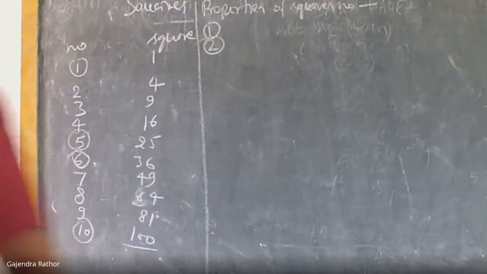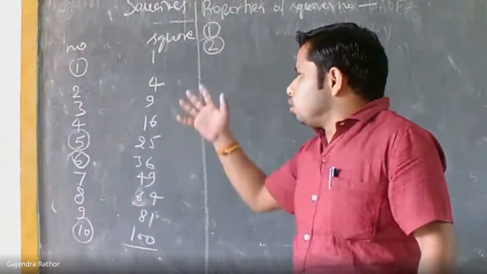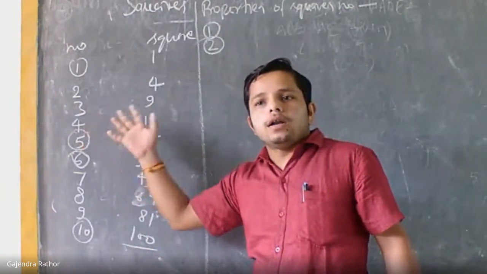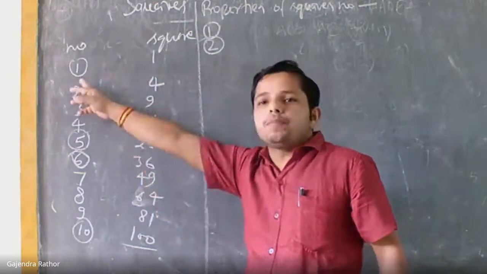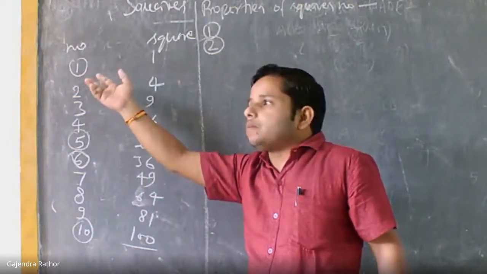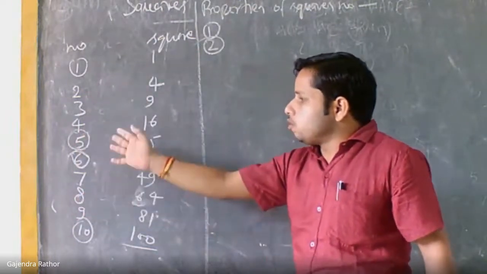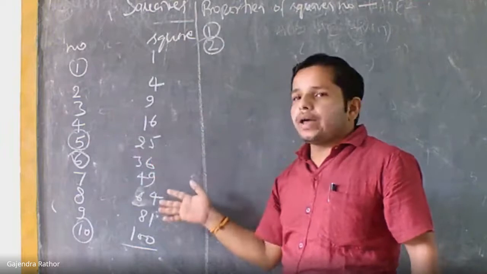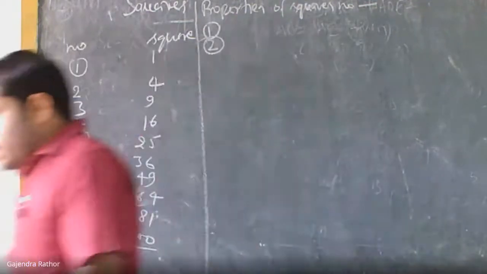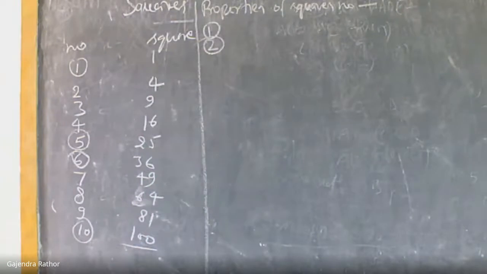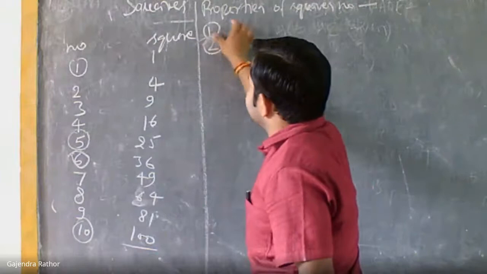Again, the first property is related to the unit place of a number and the unit place of its square. यदि किसी के unit place 1 है, तो उसके square number का unit place भी 1 होगा. Then we can find out the unit place of a square number based on this. Okay, now the second property. हम फर्स्ट प्रॉपर्टी को लिख लेते हैं वर्ड में.